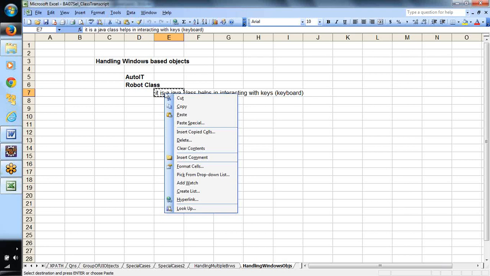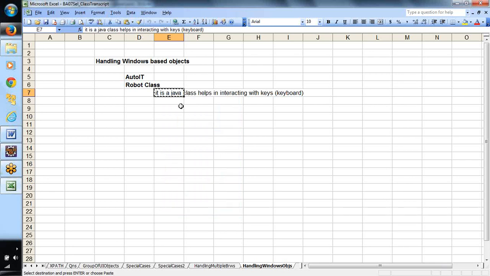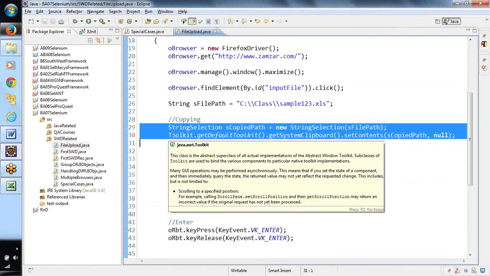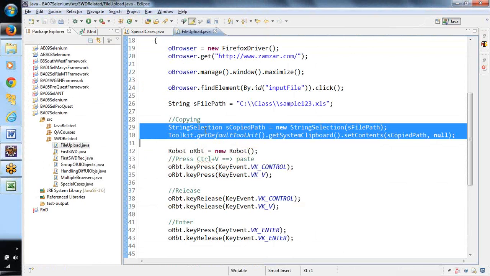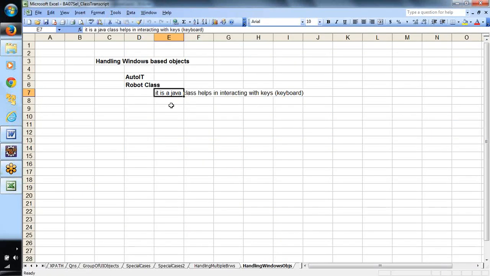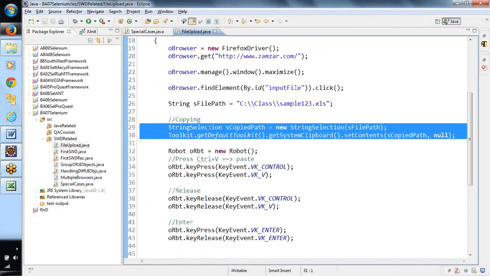I mean, for us as an end user, when you do a click operation here, when you click on this copy operation, basically something is there in the background. Some logic would be generated in the background. That logic is nothing but these two lines in a Java-based application. So now, if you want to copy this line, you will be selecting this particular line. That selection is nothing but this one.